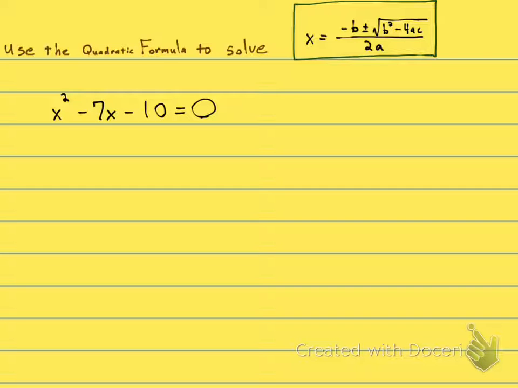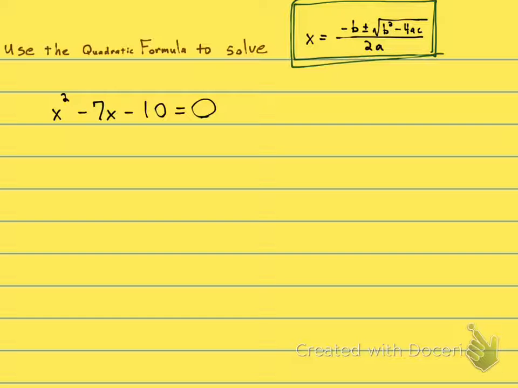All right, let's use the quadratic formula to solve this equation. It's a quadratic equation, right? It's got an equal sign, it's got a square, it's quadratic. And if they're asking you to use the quadratic formula, you have to use the quadratic formula. There might be other ways to do it, but this is the way they want. So we're going to use this formula over here,